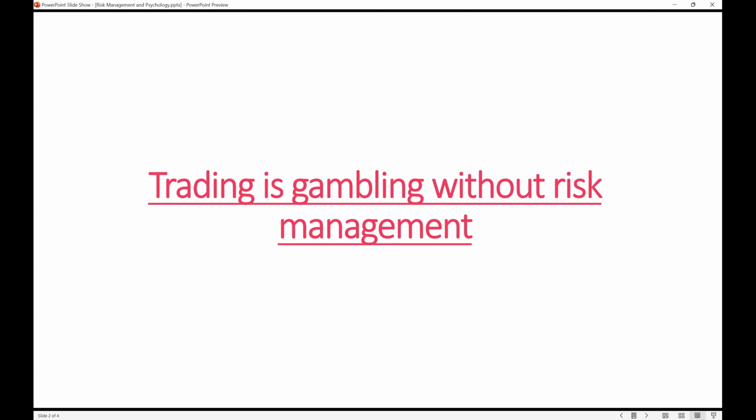But when it comes to trading, trading without risk management is hard, because it's not exactly all or nothing. Sometimes for winning trades you'll have like 20%, 30%, 50%, and sometimes you lose all of it. So it's not a 1 to 1 ratio, whereas gambling is typically almost 1 to 1. If you win, you get the same amount of return back. So just remember this: trading is gambling without risk management.